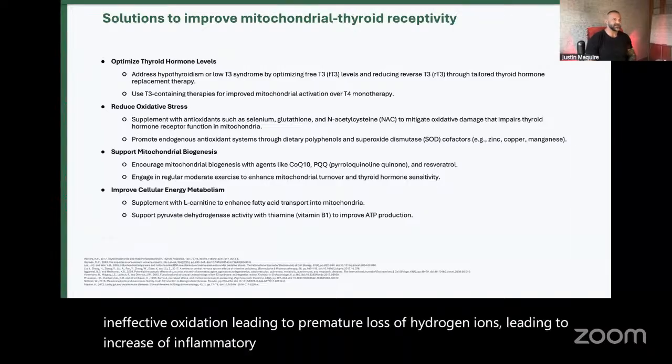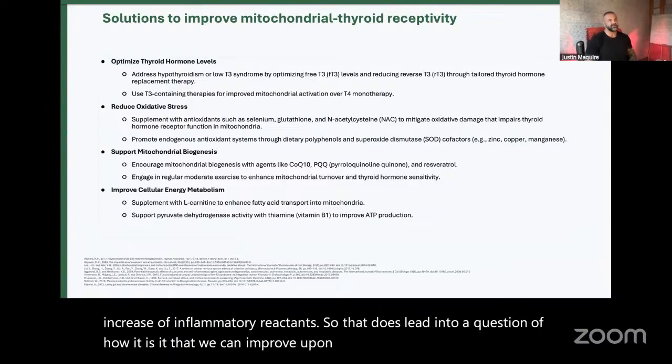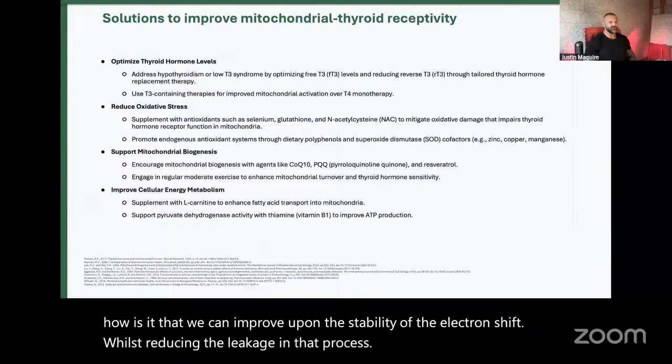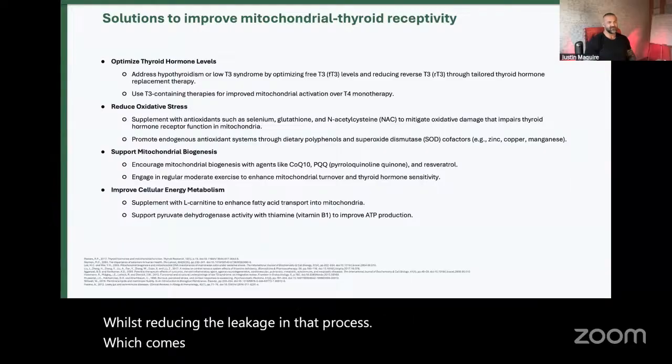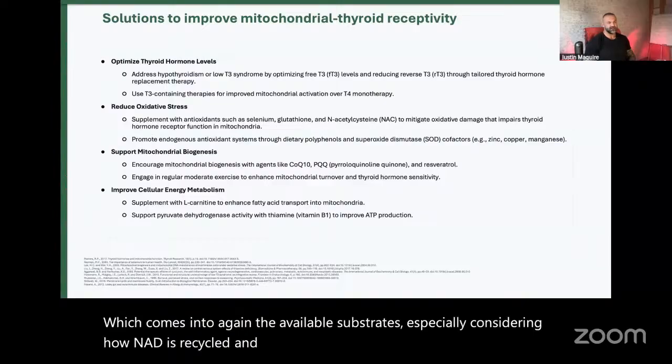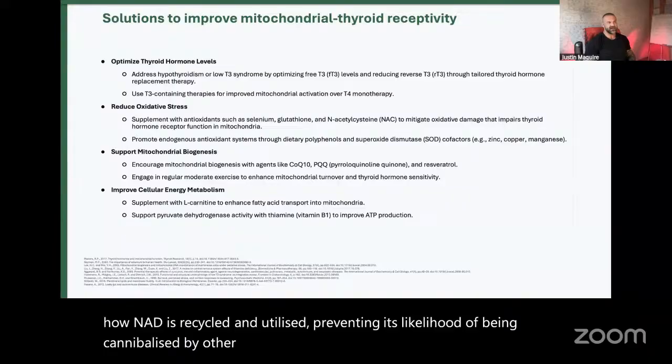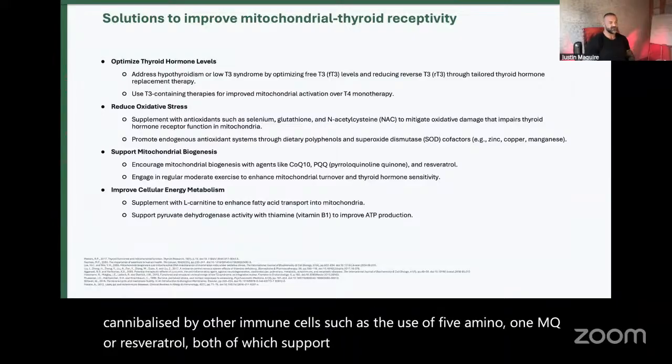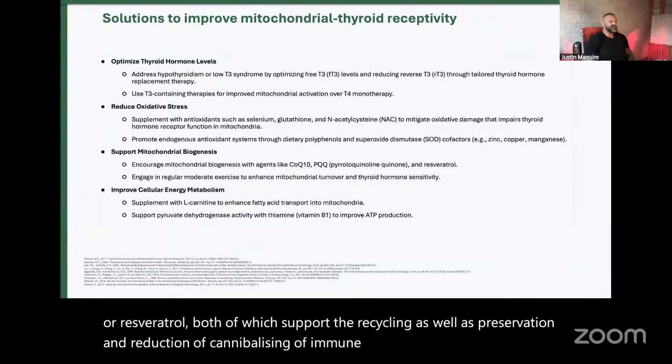So that does lead into a question of how it is that we can improve upon the stability of the electron shift, whilst reducing the leakage in that process, which comes into, again, the available substrates, especially considering how NAD is recycled and utilized, preventing its likelihood of being cannibalized by other immune cells, such as the use of 5-amino-1MQ or resveratrol, both of which support the recycling as well as preservation and reduction of immune cells cannibalizing NAD, which is vitally important because